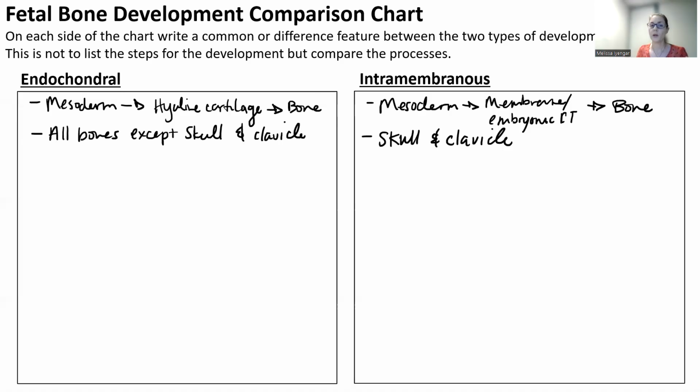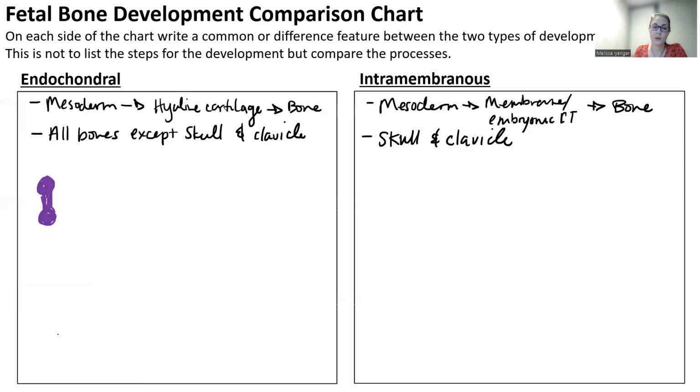so we can create a little bit more of a comparison chart. And see, this is the thing you want to do when you study a little bit. Can you make yourself a comparison chart? So for endochondral ossification, we're going to start with a hyaline cartilage model. So this is going to be my hyaline cartilage model